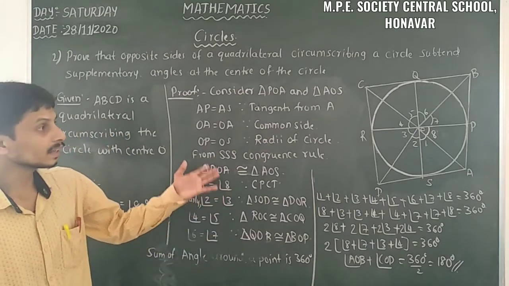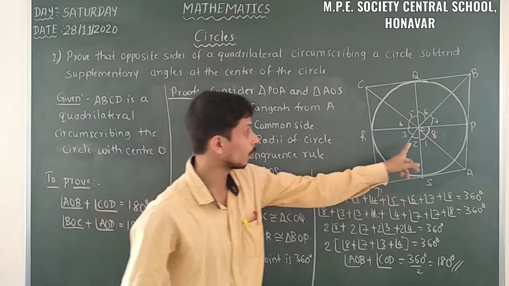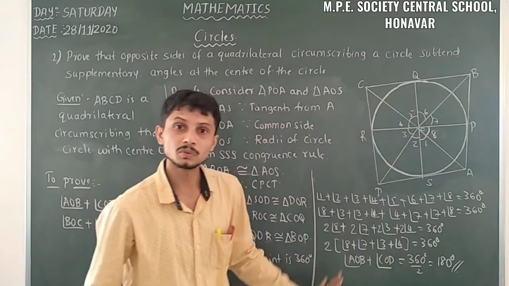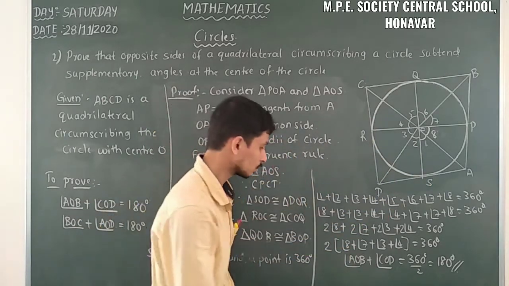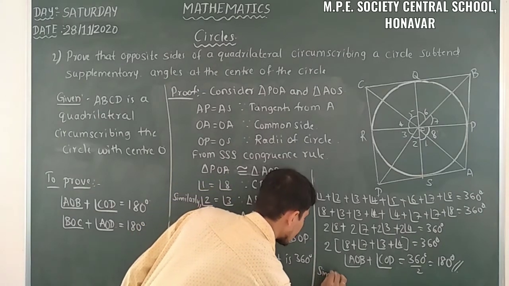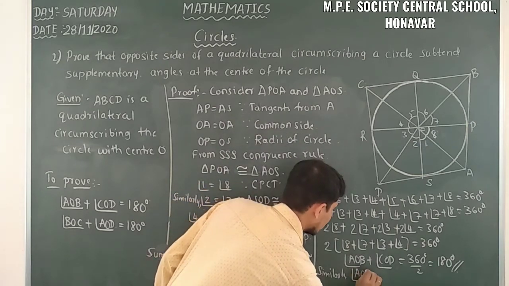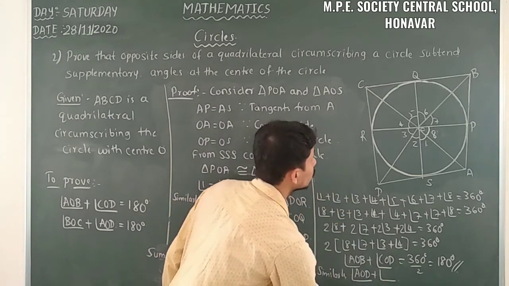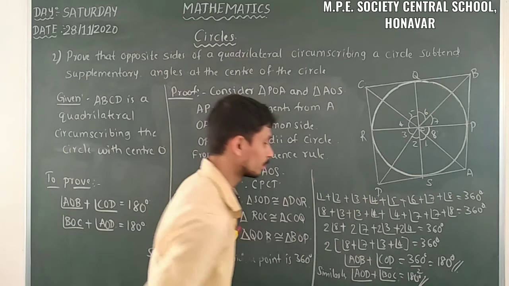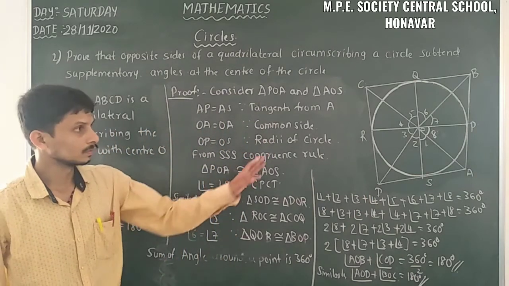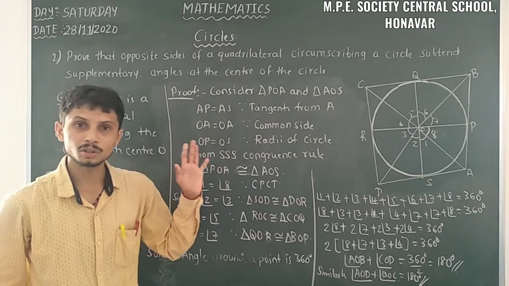Similarly, we can take this whole equation and express it in the form of angles 1, 2, 5 and 6. So we get angle AOD is equal to angle COB. That's also possible. Similarly, we have angle AOD plus angle BOC is equal to 180 degrees. Also we can prove this with the help of these equalities. So this is the solution of this problem.